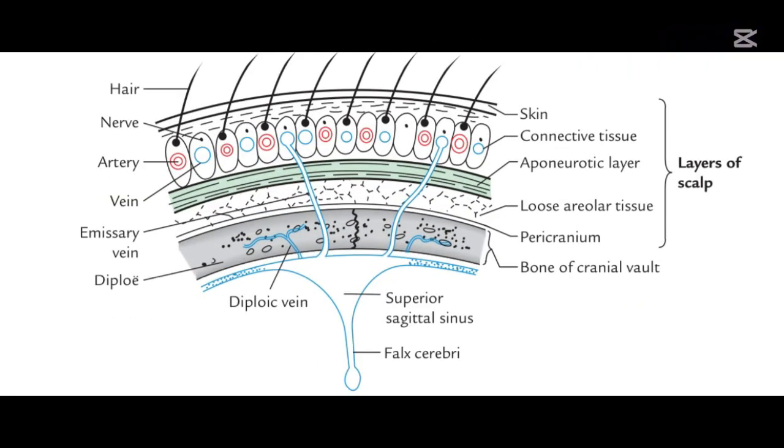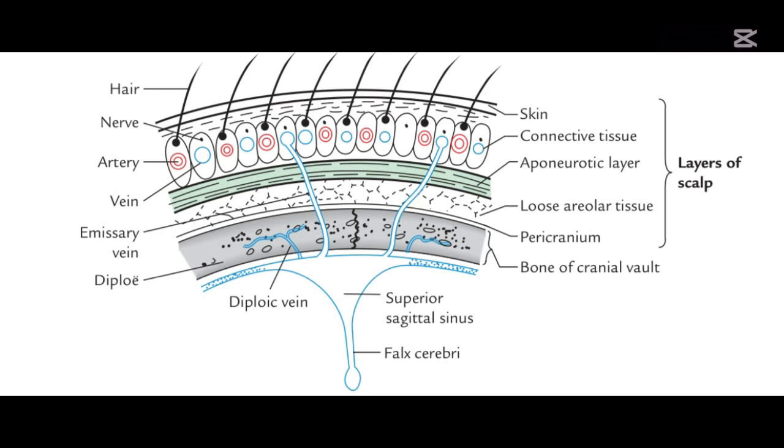Now you have your loose areolar tissue. The loose areolar tissue is after the aponeurotic layer. It contains only loose areolar connective tissue. So this layer is under. Remember, I said from superficial: the skin, connective tissue or superficial fascia, aponeurotic fascia. The next one is loose areolar connective tissue. It just contains loose areolar connective tissue. Finish. So for surgeons, this part serves as a natural plane of